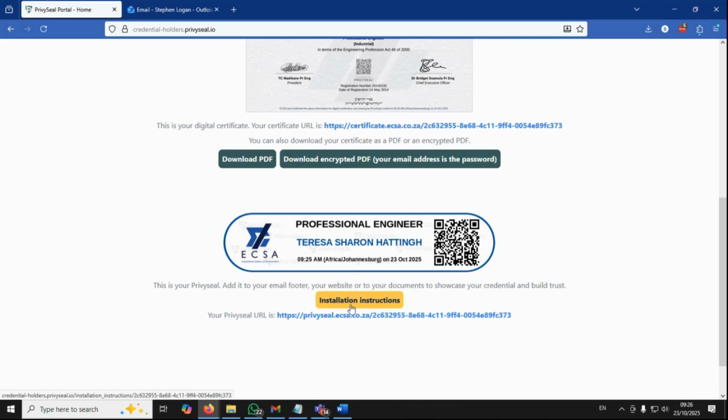The process to add the seal to an email footer is quite straightforward. It may be that your IT department need to provide access to being able to add the signature to the email footer. Otherwise, perhaps it can be done on an automated basis centrally. However, the seal itself is easily accessed,